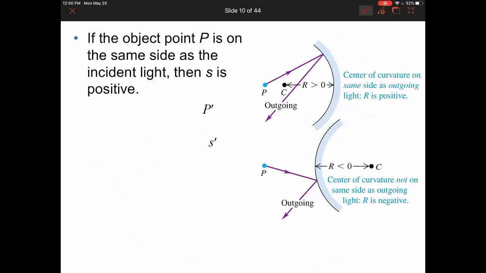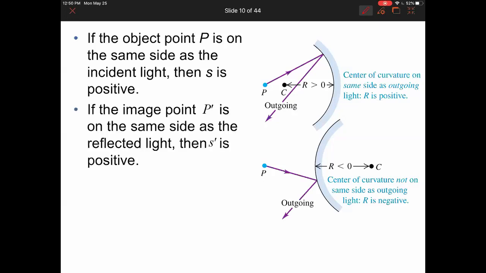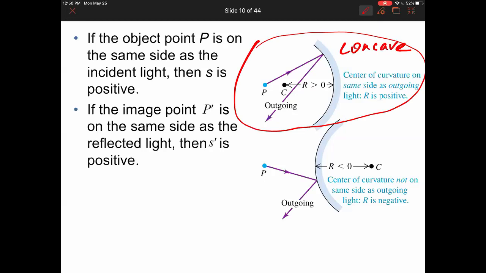All right, but if you're considering this particular type of curved mirror, the two types of curved mirrors we have here are the concave, and this one here is convex. You can see that the concave mirror has point C in front of it, so the radius is positive. Look at the convex mirror: it has point C in the back of the mirror, so R is negative. And depending on the position of the object in front of the mirror, for example in this